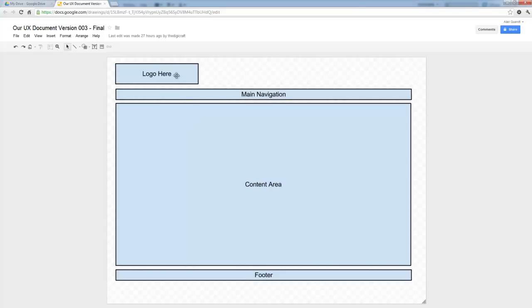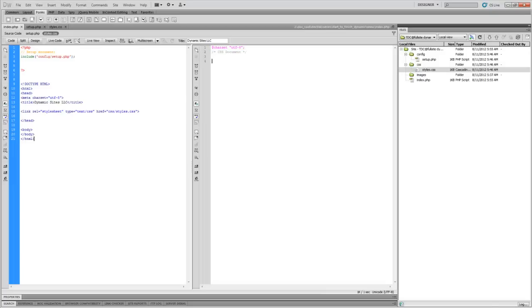So if we look at this here, we've got 1, 2, 3, 4 elements. And we're basically going to make a div for these 3. And for the logo, I was going to open up Photoshop and have us make a logo. We're going to do that later. For the logo, we're just going to go ahead and make a text logo, and you'll see what I mean here in a second. So flip back over to Dreamweaver,